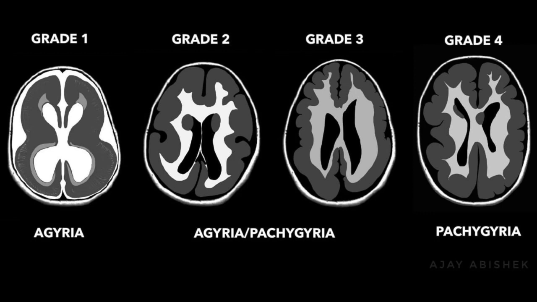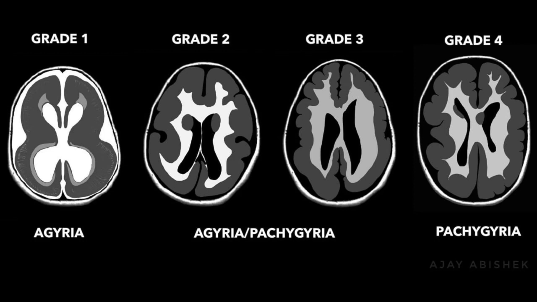So this slide is very important. I made a very nice drawing with the request of this gentleman. So here you can see we need to grade. When you say lissencephaly, there is a variable grade of developmental delays, a variable grade of heterotopias, and many other accompaniments. So to make a clear statement between you and the clinician, we need to have a different grading. Grade 1 is the highest grade, which is agyria.